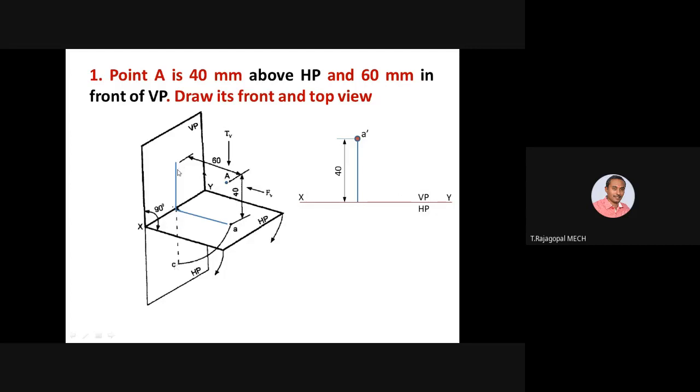It has to be projected as in the front view. Now you can check it. This has to be extended below the XY reference line. It is the top view. The dimension of the top view is 60 mm. Except for the points A and A dash, for the remaining things you can use a 2H pencil. For the points you can use H, because these are the projectors. These dimension lines and extension lines, for arrowheads and everywhere, you can use 2H alone. Okay, the arrowhead dimension you are aware of.